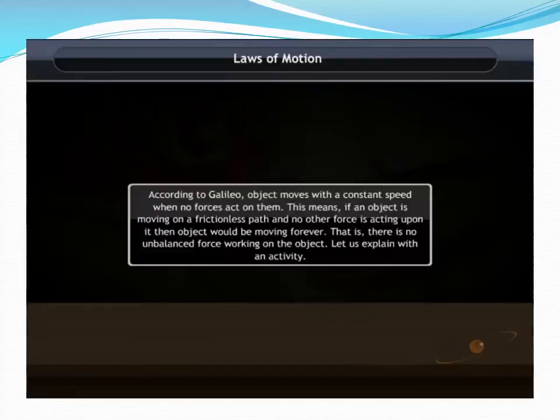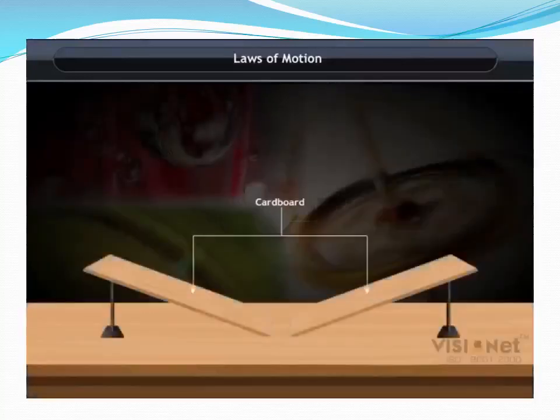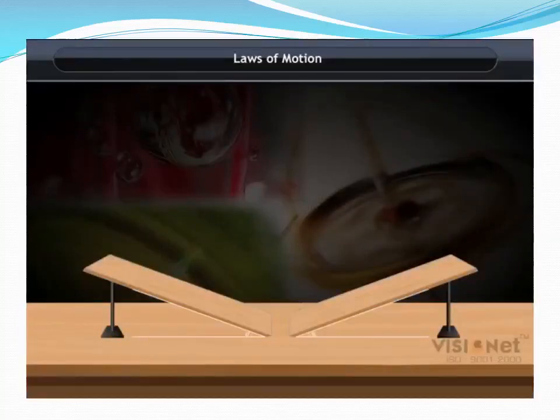Take two identical wooden boards and place them against each other on a table in such a way that they make equal inclinations with the table. Assume that the surfaces of the wooden boards are frictionless. Now take a marble and release it from the inclined plane on the left side. You see that the marble rolls down and moves up the second inclined plane. Now think about how far it moves along the second plane when the slopes of both surfaces are the same. It is seen that it moves the same distance and reaches the same height from which it was released.